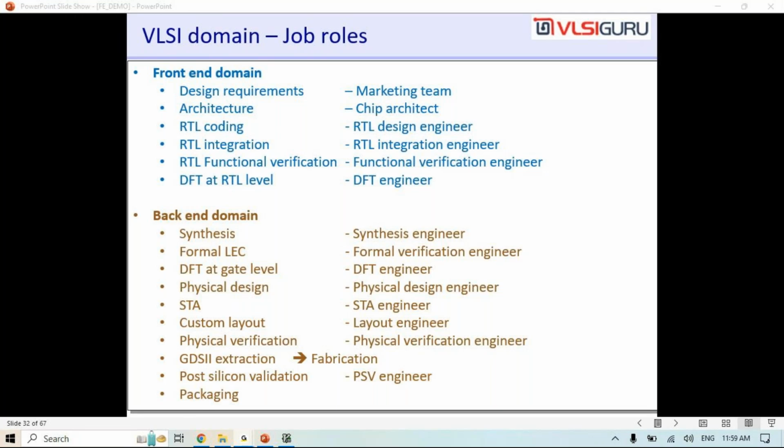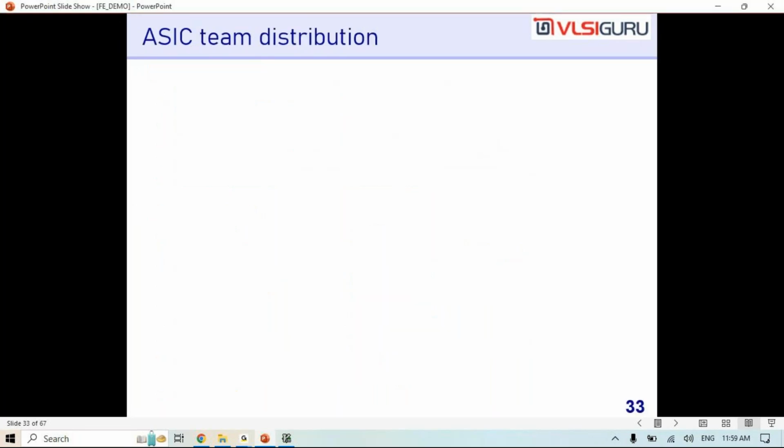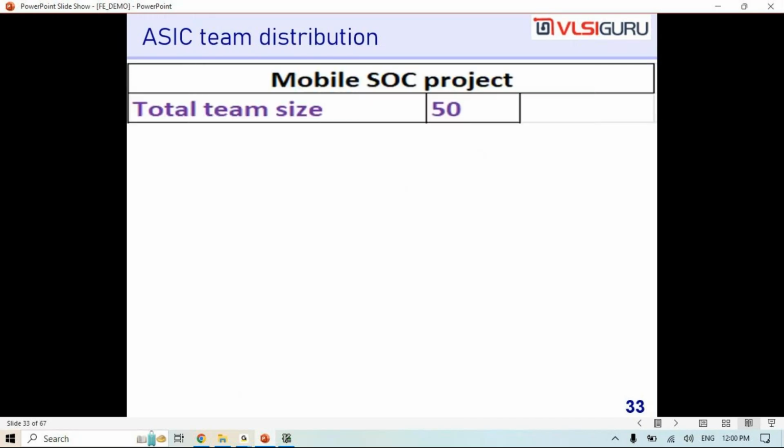So here, let's briefly talk about what an ASIC team distribution is. Let's say you get into a project, and there are 50 members in the team. What is the team for? Mobile phone chip manufacturing. Let's say I want to set up a team. For what purpose? I want to develop